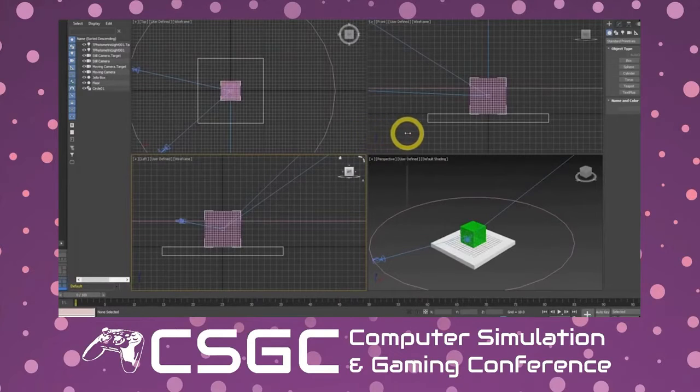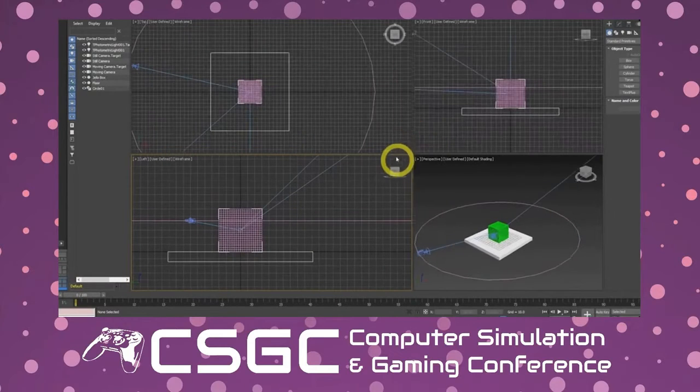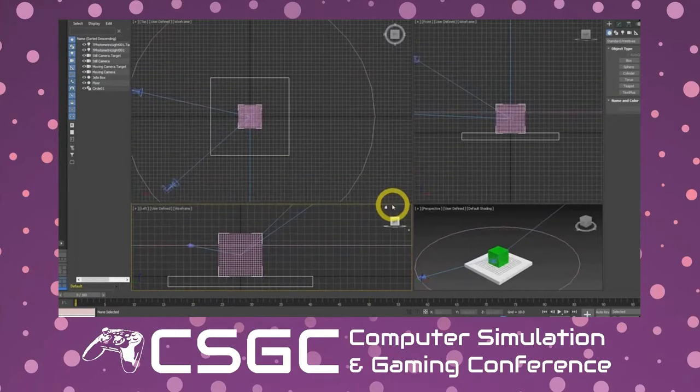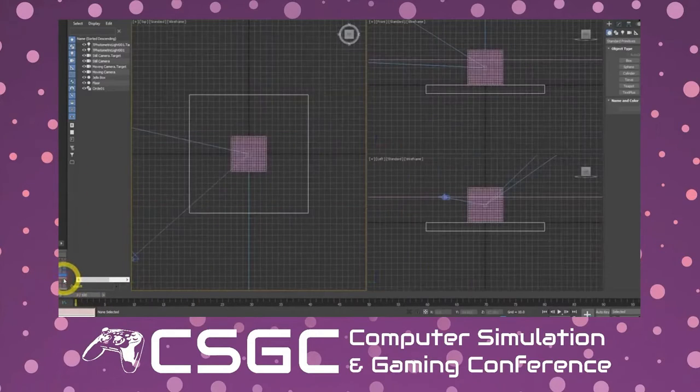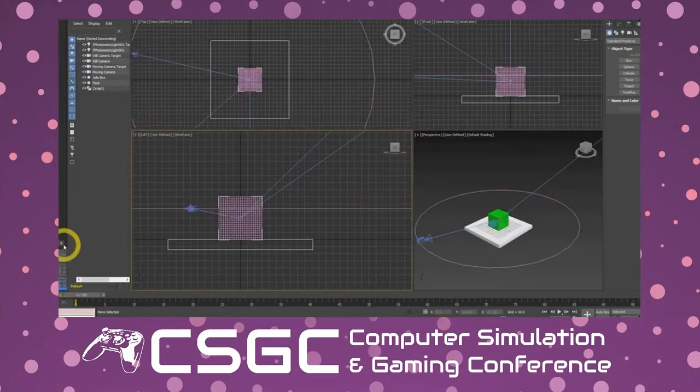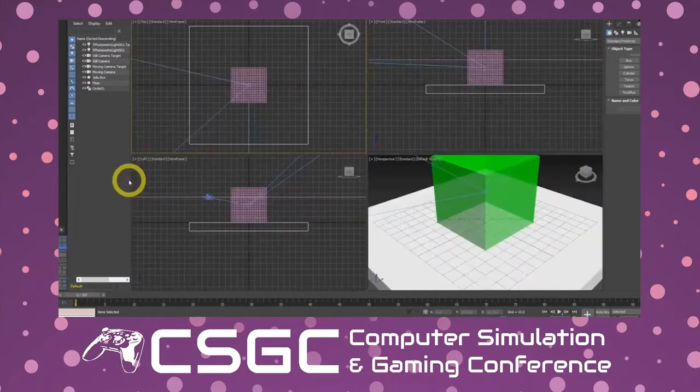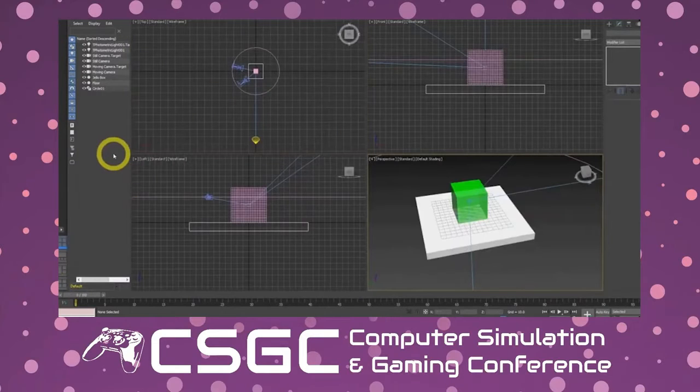You also can manually resize and relocate your viewports using the arrows in between the viewports. Again, if I want to reset this, I can click back on a different layout and then go back and reset the viewport settings. In the scene we're currently working with, there are 2 cameras, and we'll talk about camera creation in a later tutorial, but right now I'm just talking about how to navigate 3ds Max.